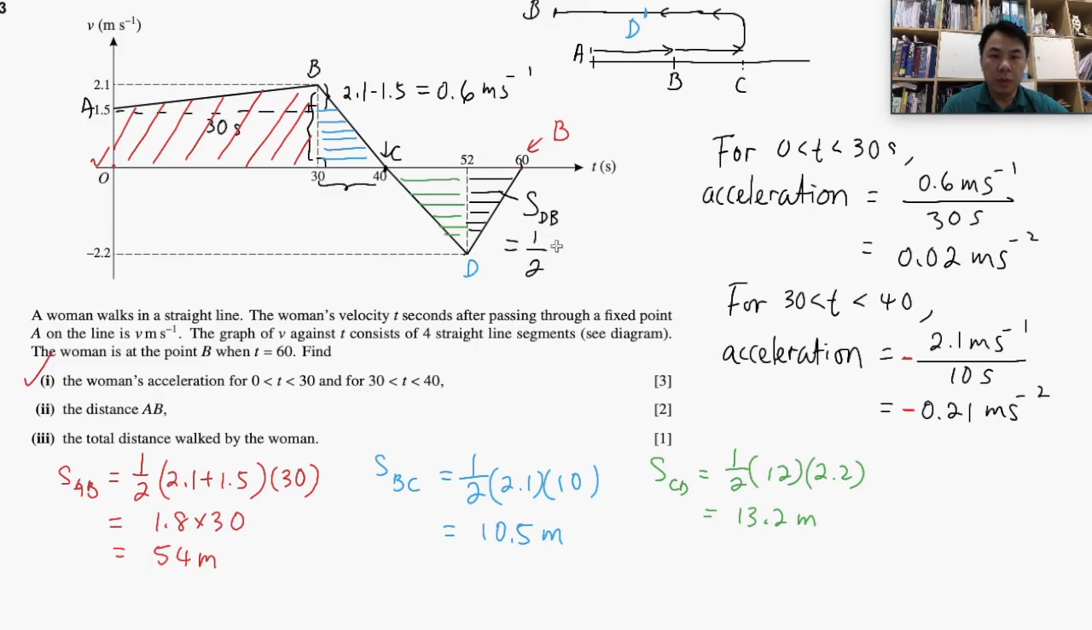The width for this is again 8. The height is 2.2. Just let me check one more round in case. Okay, so that is actually 8.8 meters. And now we can conclude that the total distance